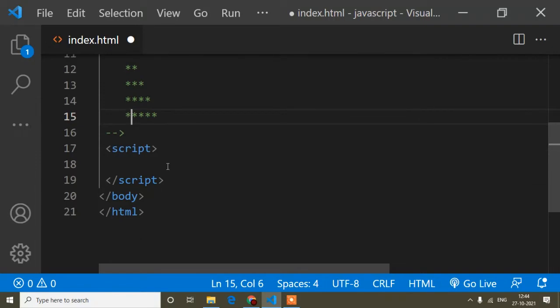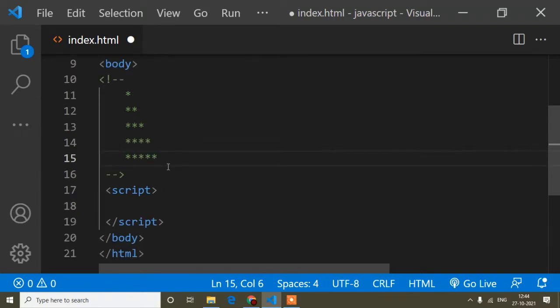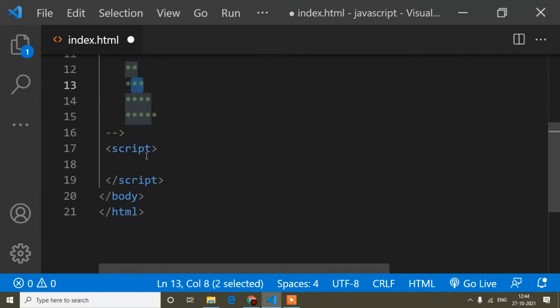So the first thing, when we increase something, at that time we have to write a for loop. Here you can see I'm increasing something. It may be a number; here I'm using a star, but it may be a number, anything, but the main thing is that it is increasing. First is 1, then 2, 3, like this up to 5. So when we increase anything, we write a loop. It may be a for loop, forEach loop, anything, but here I will prefer to write a for loop because it's easy to understand. So now, for loop.